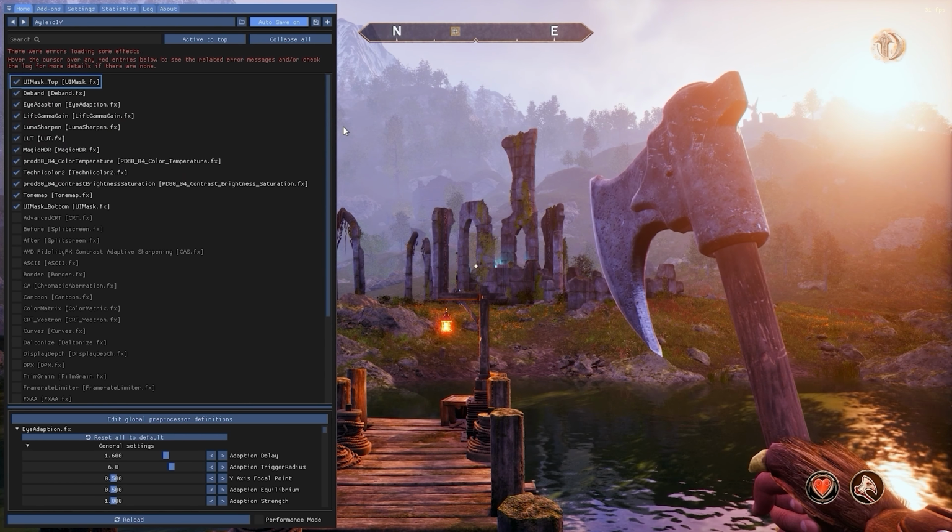Then if you go into the Settings tab, you'll see that you can actually create your own toggle key here. So I'm making it down, just so you can turn the shaders on and off. You can also create your own presets this way with a different button and just switch through all of the different presets that you've created for like day and night. Now for my last tip, you can actually grab this whole menu and just drag it wherever you want,